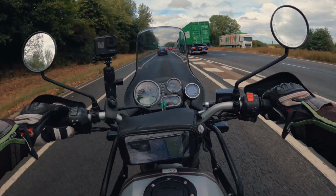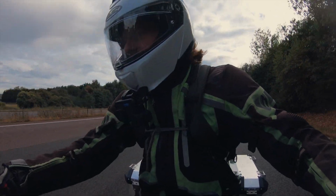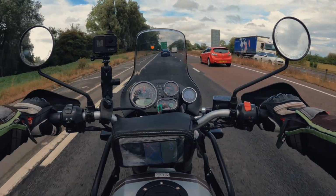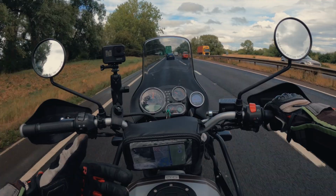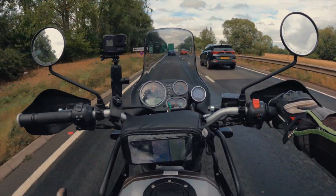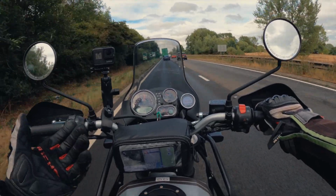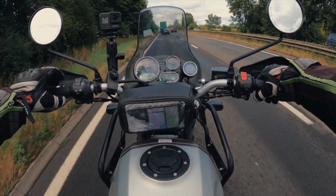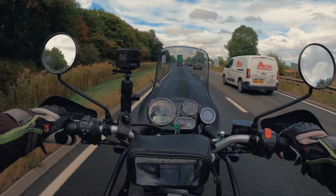Okay, another possible downside is it's only got 5 gears max. There's no 6th gear, which we'll find out now. Oh, we're turning off. I don't think it's much of a problem. It would be nice to have a 6th gear as a sort of overrun gear to smooth it out a little bit at quicker speeds. However, we're going 55, but you can go 60 very comfortably. And actually fairly good wind protection, whether it's because I'm in the slipstream, which I don't think I am,